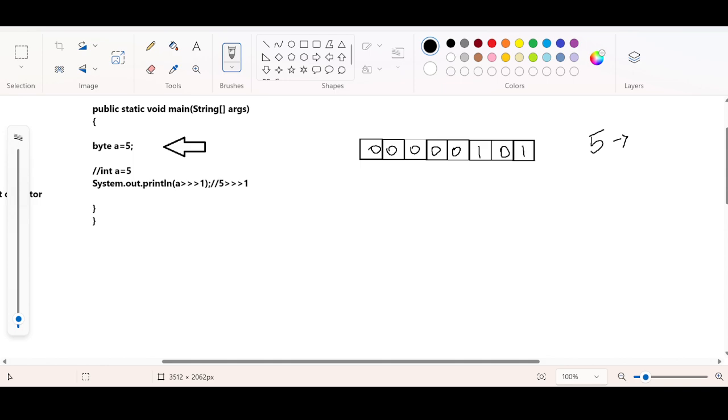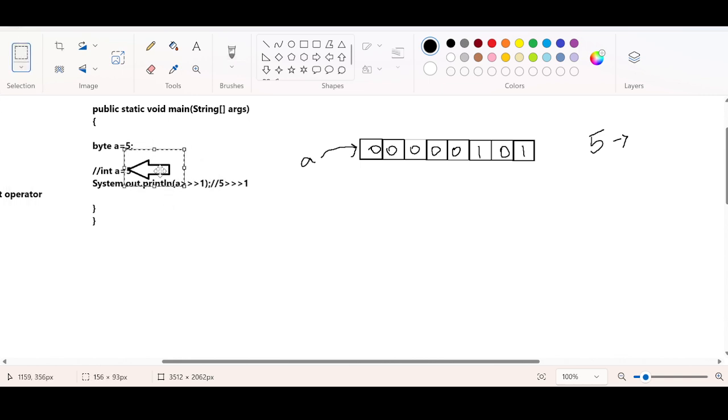Right? And the variable A will be assigned to this memory registry. Okay, when the compiler checks the next statement, since it is a comment, it is going to get ignored. The main thread will try to find the next statement. So the comments will be ignored, and the next statement is System.out.println, and the main thread